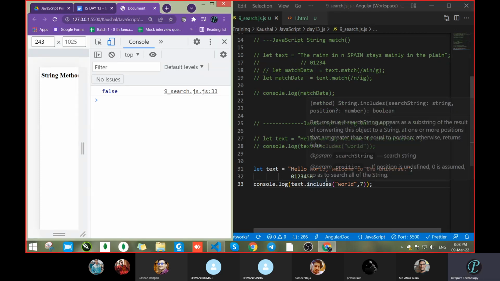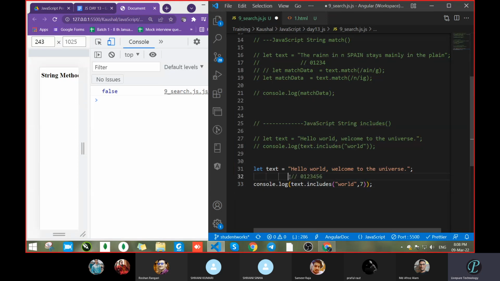Clear? Or any issue? Sir, it's searching the full world? Yes, it searches the same way, in the sense of the starting index itself. Because see, I told it position number 7. And W is available at position number 6.